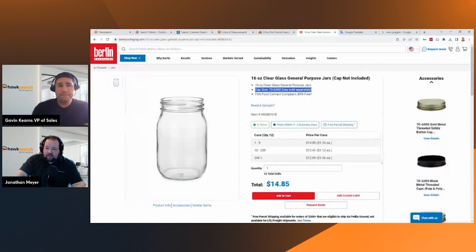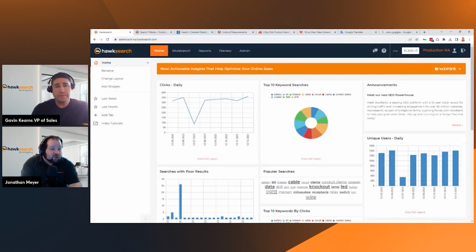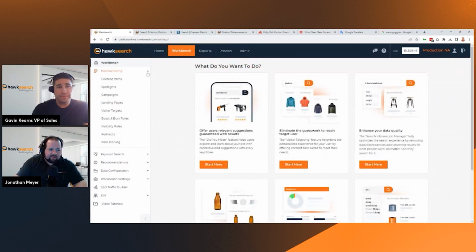Yeah, we're really very proud of how this functionality works in that B2B space, and there's just a ton more in the tool here. We really don't, unfortunately, have a whole lot of time to dive into the back end of the tool, but where we encourage you to go from here is to let us know that there's a lot more that we can show you. There's a whole workbench that we didn't get a chance to dive into. All of the merchandising functionality that we have, the ability to do boosting and burying rules, set up visibility rules.